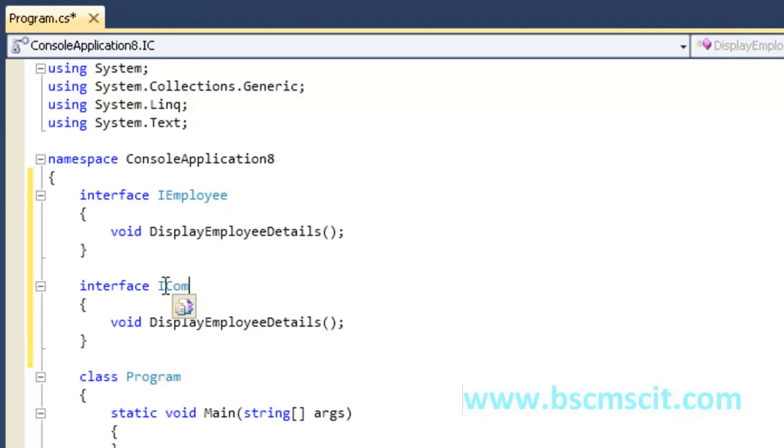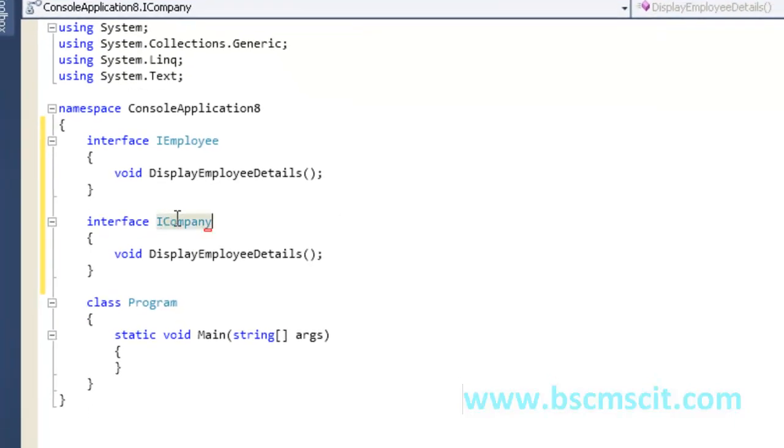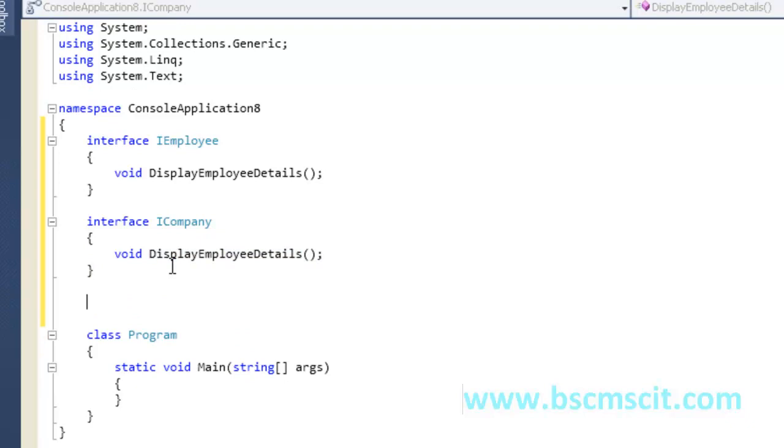When you have two different interfaces, like IEmployee and ICompany, but both the interfaces have a similar signature, that is DisplayEmployeeDetails and DisplayEmployeeDetails. In this kind of scenario, you need to apply the explicit way of implementing the interface, like I am doing it.